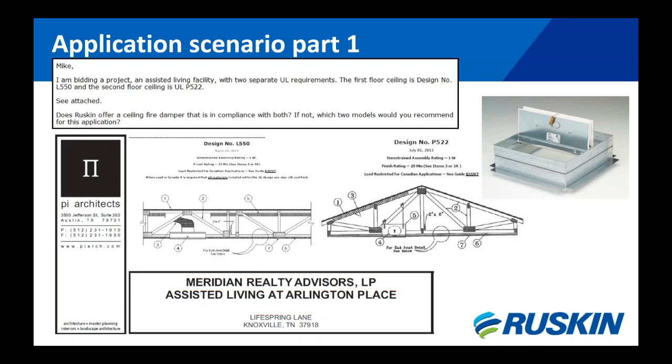The CFD7T has also been tested in assemblies that are just like this P522 and L550. But when a damper company does a test and gets a UL design number, only their product name will be mentioned or noted in the design. So in this particular case, the confusion is that on paper, you're going to see one company. However, the architect specifying this design doesn't necessarily know that they've created a nuance now,